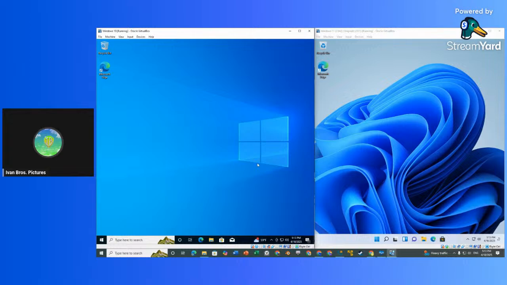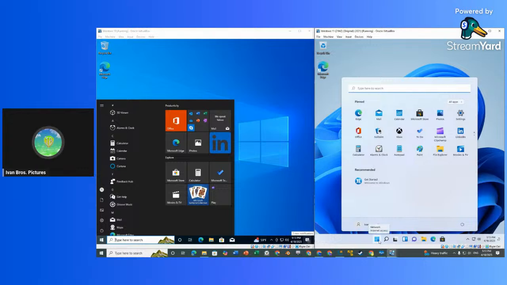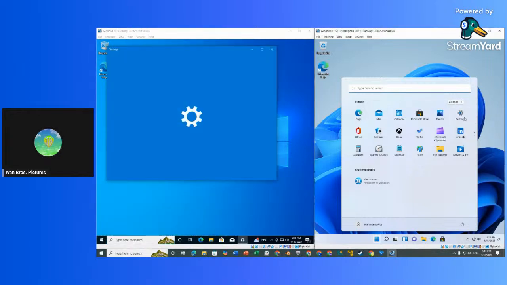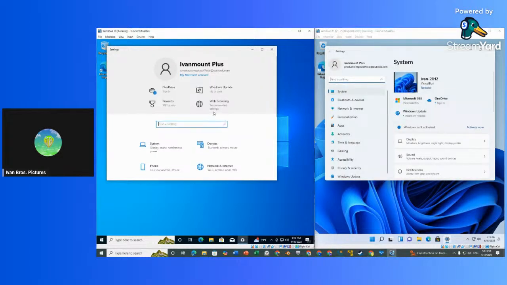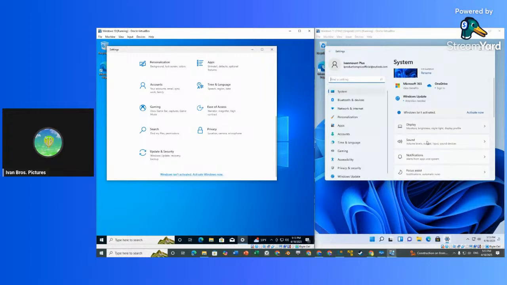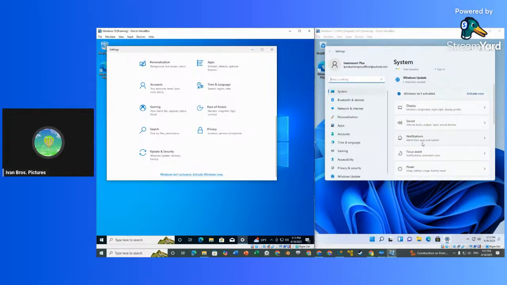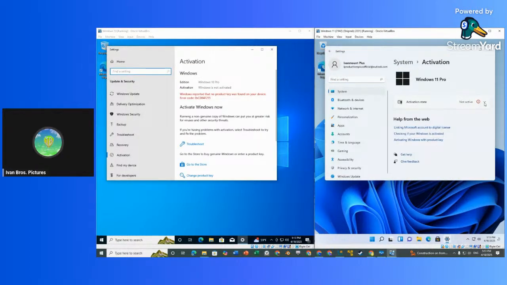Now let me show you a few things to cover today. If I click on start and click on both of these, look at this. So as you can see, we have all these things right here. If you click on settings on both, take a look. You can see on the right, it says attention needed, because you can see it says Windows is not activated. We click on the buttons. We click activation state. As you can see, it says Windows reports that no product key was found on your